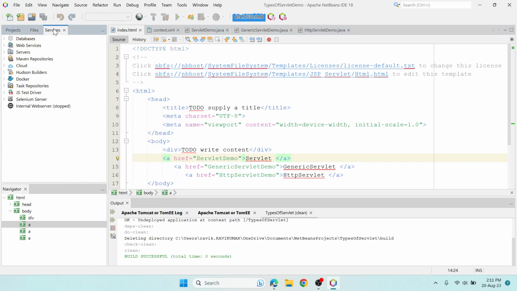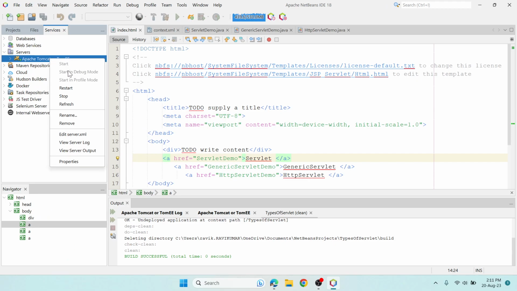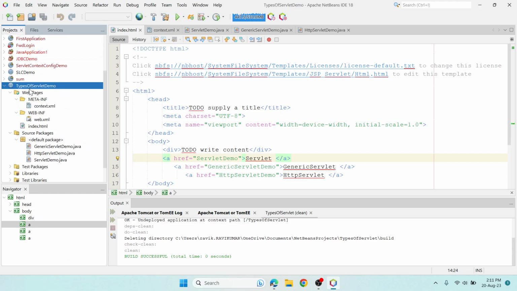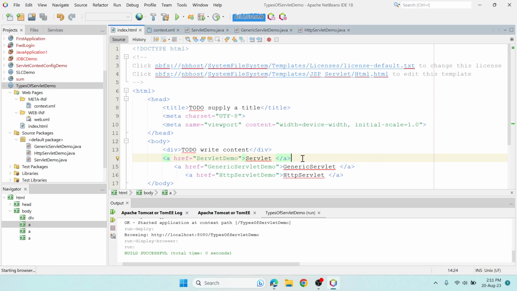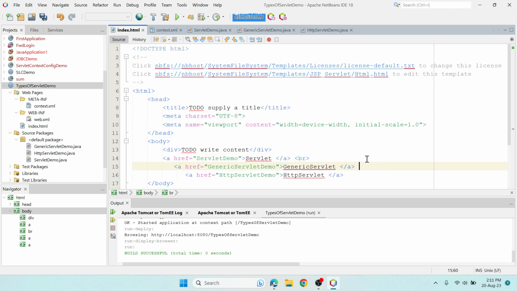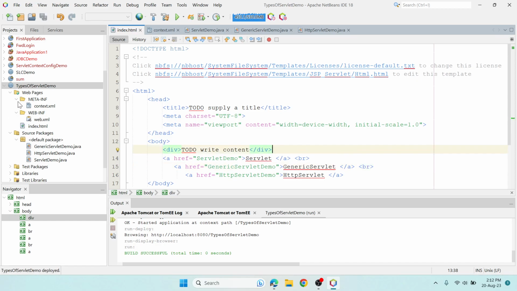So just right click. My Tomcat server is already started. Okay, it is running. So I just need to run here. So it is displaying in the same line. So let's break it down. Like let's use br here, and I'm saying br to break the lines. Okay. Now run this again,